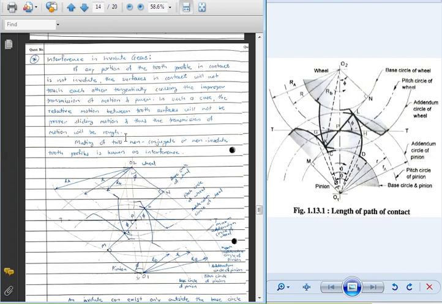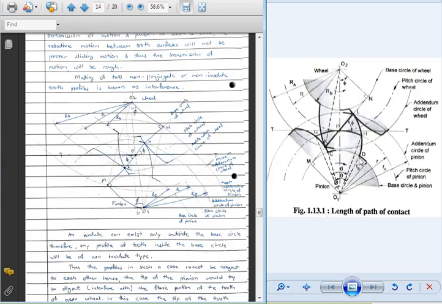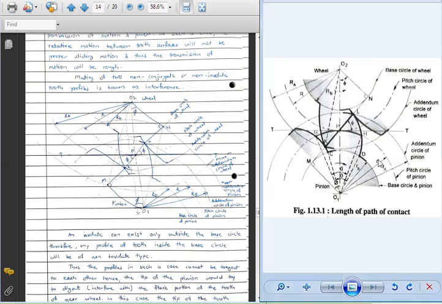Now let's revise that interference again, and then we will discuss what are the different methodologies or options which are available to us if we want to avoid the interference. Okay, that is what we will see. Now let's first understand what exactly interference was. That is what we had discussed. From this particular diagram, we will see what exactly the interference is.